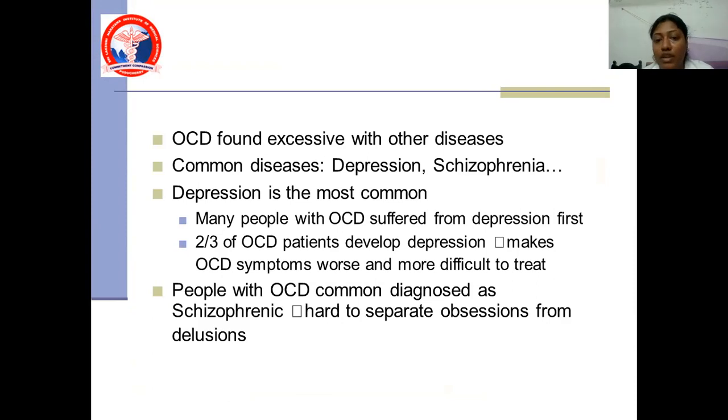Depression is the most common, like 2/3 suffer from depression, and people with OCD are commonly diagnosed as schizophrenic. It is hard to separate obsessions from delusions. Now, that is a very big discussion by itself. It's called schizo-obsessive. Now, it's not very hard to differentiate obsessions with poor prognosis, that is obsessions with absent insight, or delusional